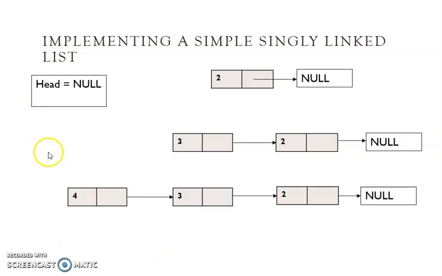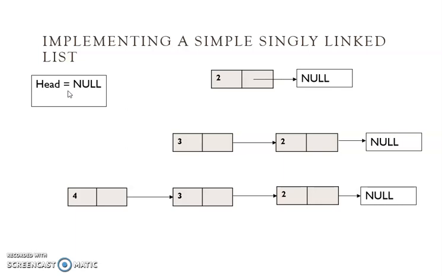Coming on to our next example, this is a singly linked list. You can see the final linked list here. 4 is a node, 3 is another node, and 2 is another node. 4 is pointing to 3, 3 is pointing to 2, and 2 is pointing to null. Initially, when you create a linked list at the beginning of the program, the value is null, which means the linked list is empty. So we need to keep track of a pointer to hold the nodes. I am taking a pointer head, which indicates the start of my linked list. Initially, since my linked list is empty, the value stored in head is null.